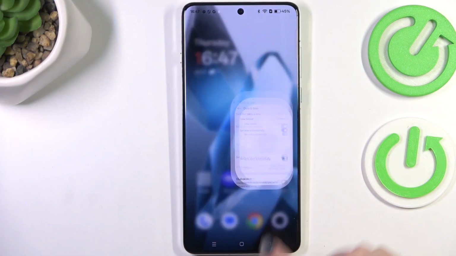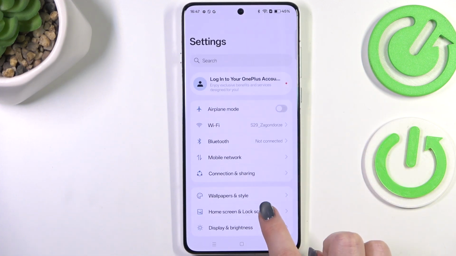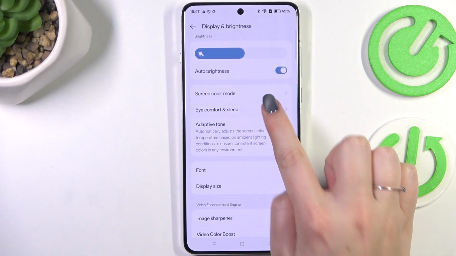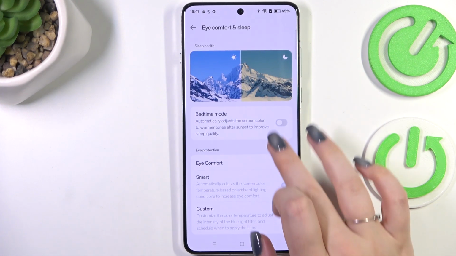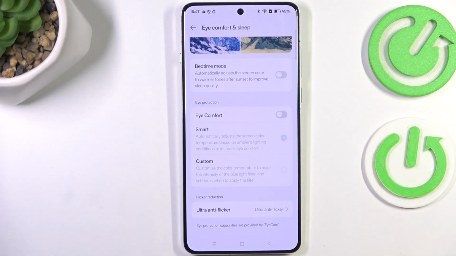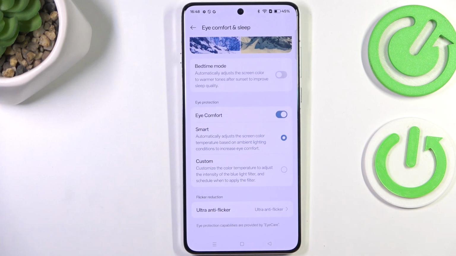So let's start with opening the settings, and here in this general list we have to scroll and find the display and brightness. Now let's find eye comfort and sleep. And here let's focus on this eye protection. Let's leave the sleep health alone. So we have to tap on this switcher to turn on the eye comfort, and right now we've got the